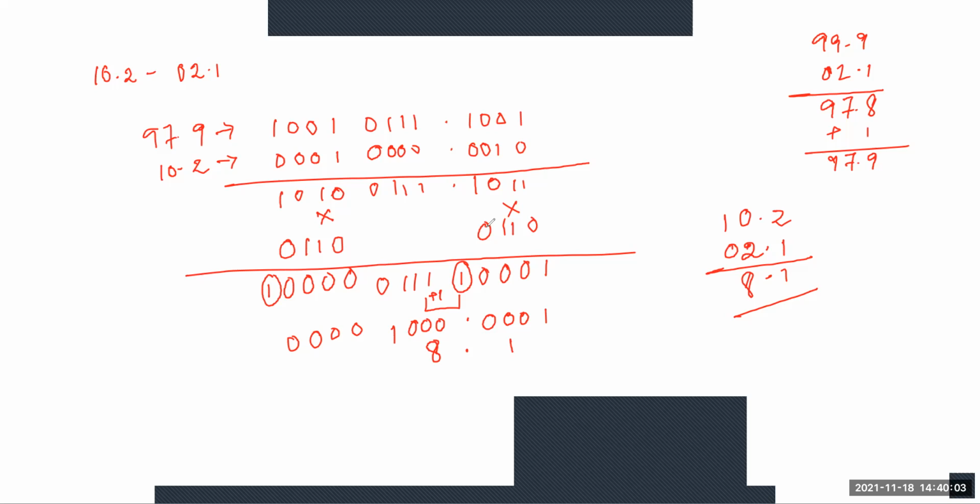Actually, for the case of nines complement, I have set some steps, and again for tens complement, but only the last step is different. For the case of nines complement, if the end around carry is generated, it is shifted to the first bit. But for tens complement, if there is an end around carry, it is discarded.